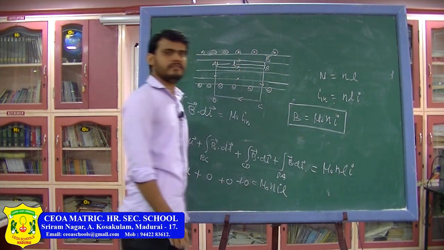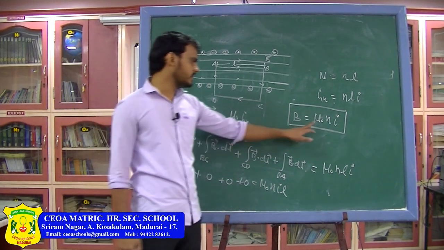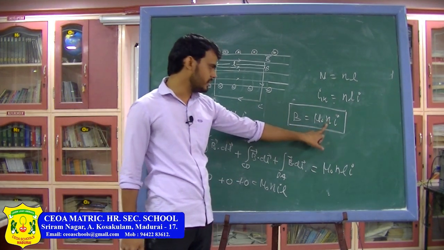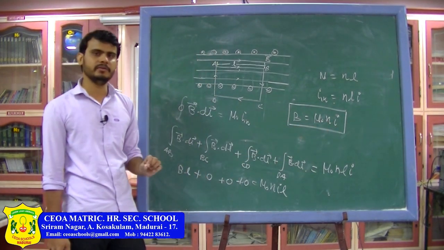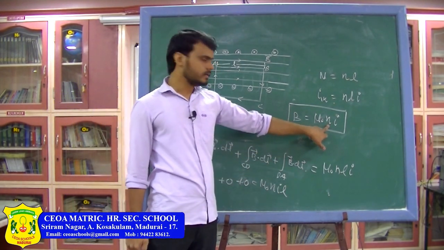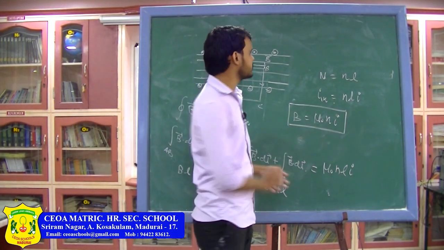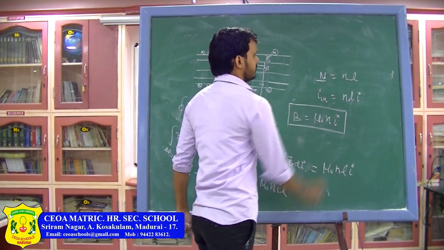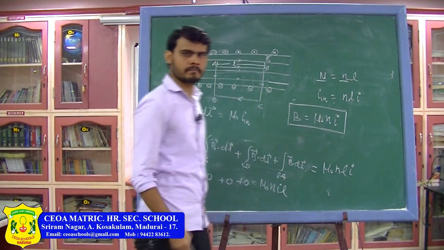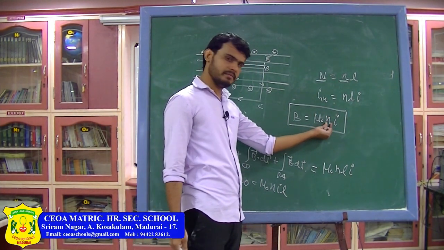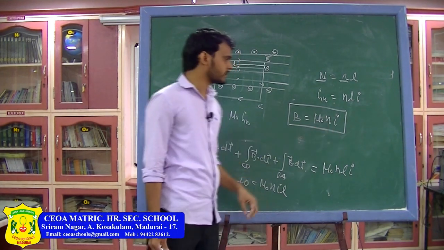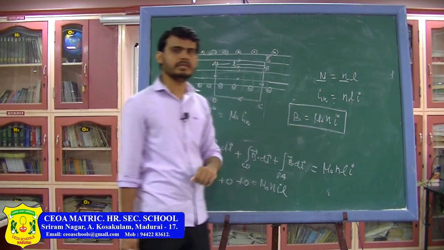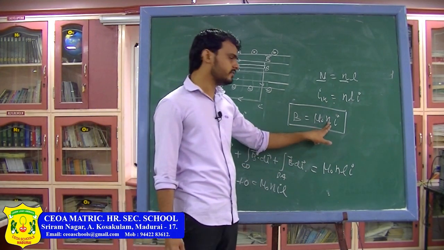so the magnetic field inside an ideal solenoid can be written as mu naught n I. Here remember n is the total number of turns per unit length, not the capital N. It's not the number of turns. Number of turns is capital N. Number of turns per unit length is small n. So remember this formula and remember this parameter is not the total number of turns. This is the number of turns per unit length.